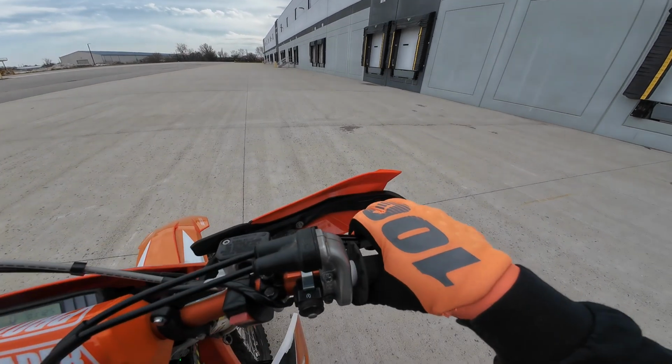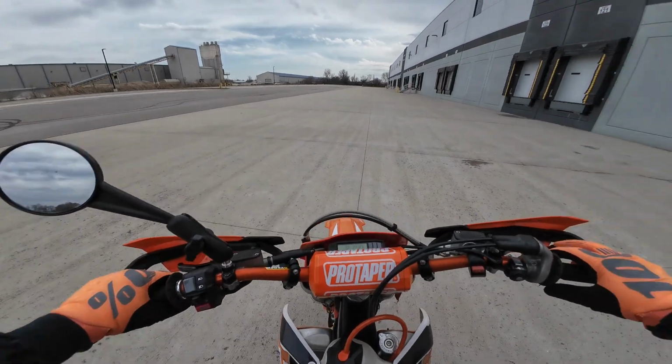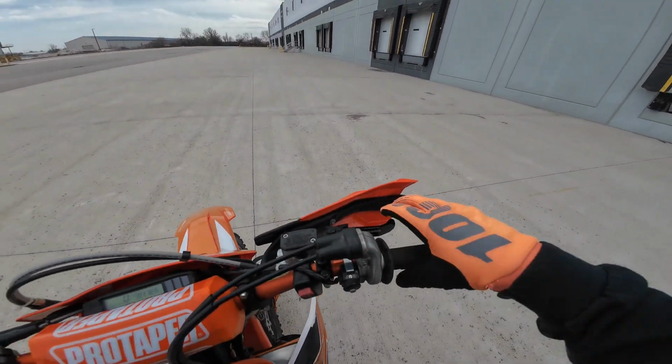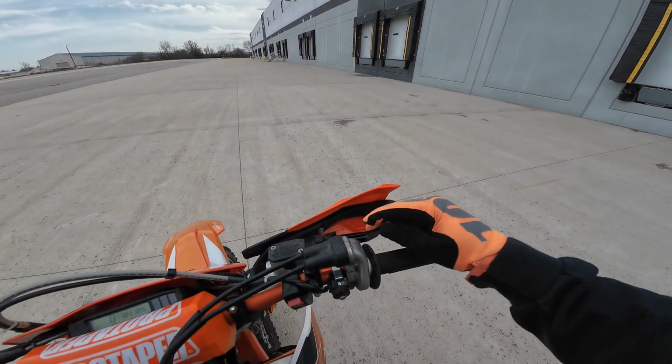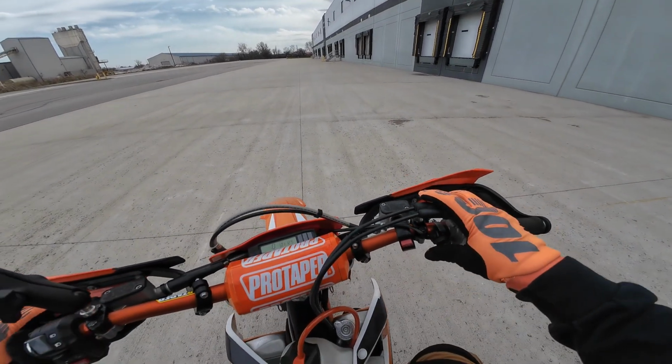I just want you guys to be very careful on front brake. A lot of people, when they start riding, they're like, oh, cool, I got my clutch here, my brake up here, so whenever I want to stop, I just use this. Well, it's not a good habit to get into using your front brake for all of your stopping, because